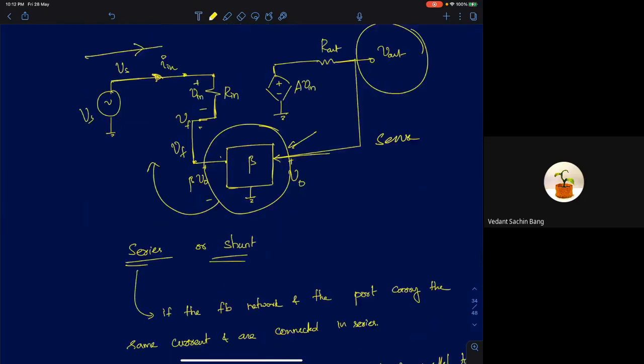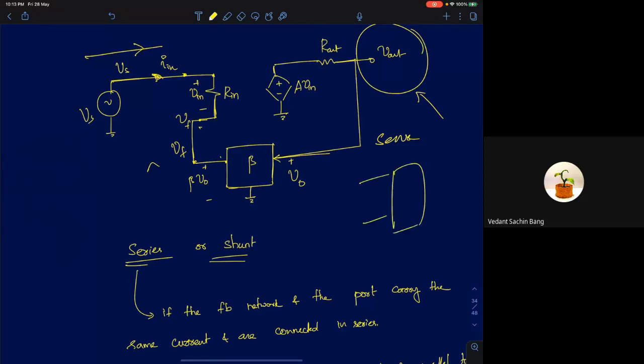How we sense the output, there are different words for it. For example, if the quantity of interest is voltage, you want to sense the voltage. How should you connect your feedback network? You have to sense all the output voltage. So you have a device, you want to sense the whole voltage. Can I say I'll just connect the feedback network in parallel to it?